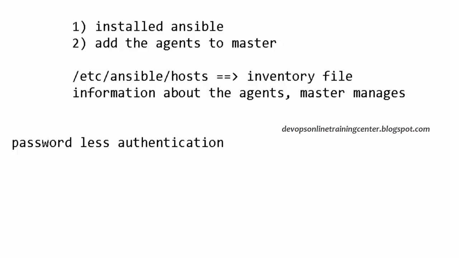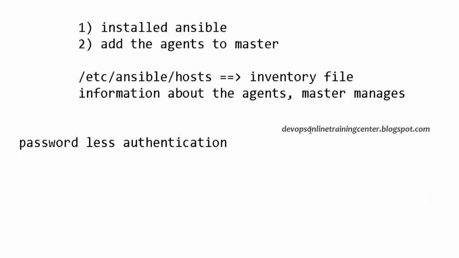There is a procedure to do that. Basically we need to exchange the SSH keys and add them. There is a directory called .ssh, and in that we need to add the keys. If we add that and then perform SSH, it will not ask for the password. Once we have done this, we can add the agent to /etc/ansible/hosts, and then we can execute any command on the agent. Setting up passwordless SSH we'll see tomorrow.